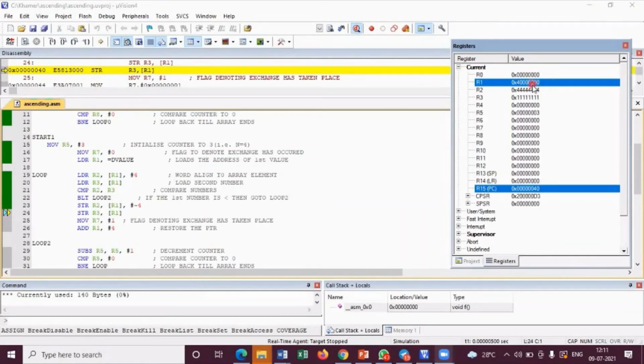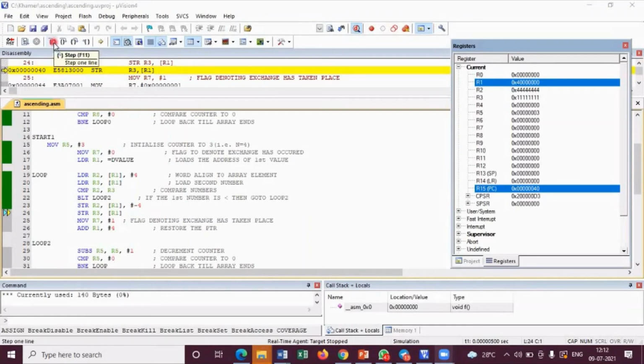See, R1 is pointing to what address? 00 address. See, I cannot see the memory location output, guys. R1 is pointing to what address? 00 address. Okay. So now where does my operation come to the left hand side? So I was in the store R3 operation. I showed you what is happening in the R3. So now the numbers are swapped, correct? 4 went up, 1 came down.